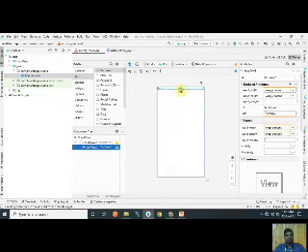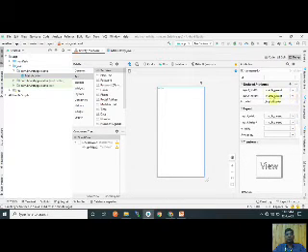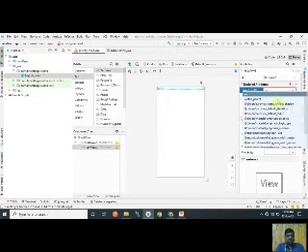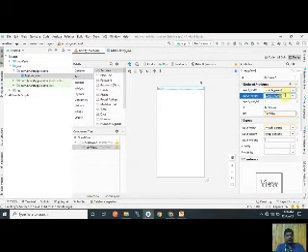Now I set the text view. 500 dp. Okay, now also I insert 500, 700.